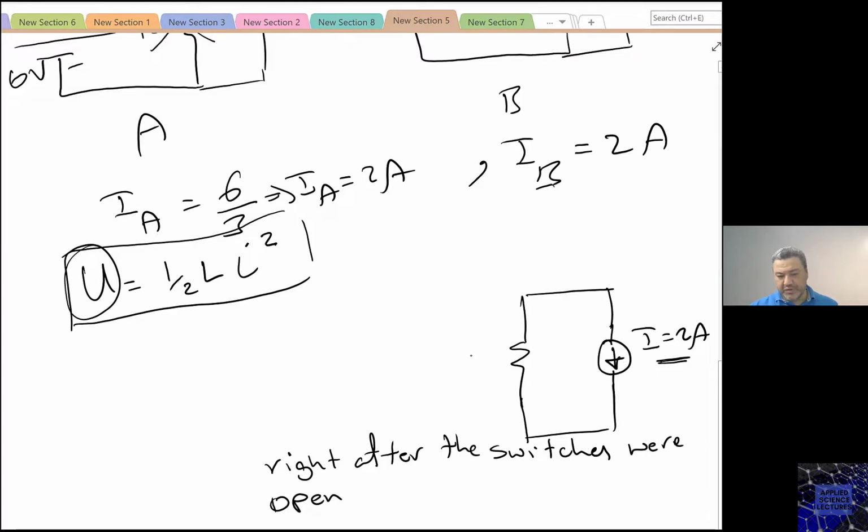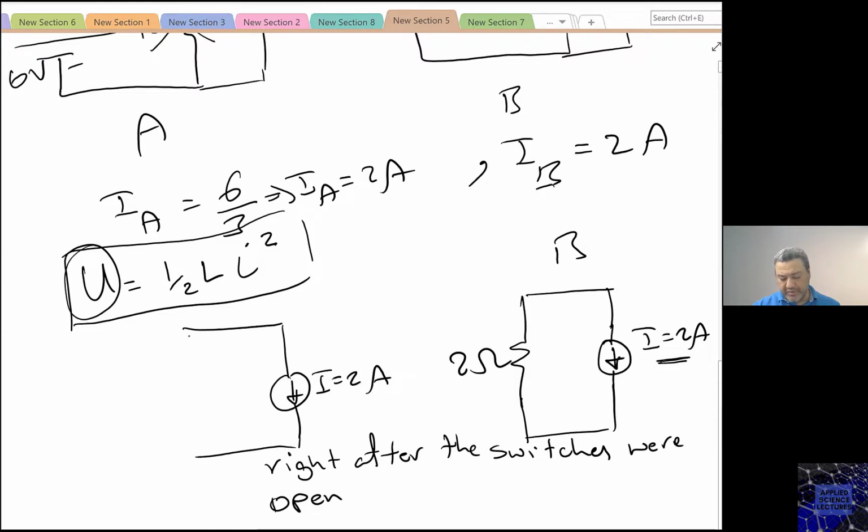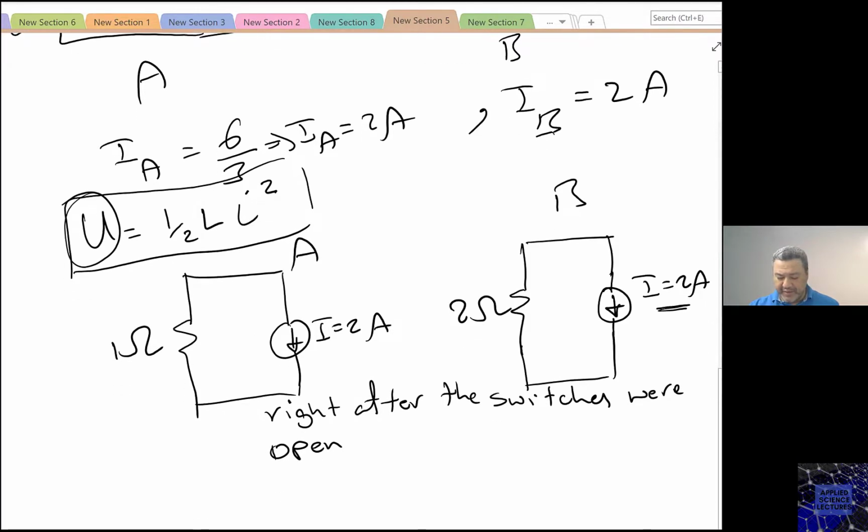The switches are open. So this one is 2 ohm for circuit B. For circuit A, the only difference is that this is also 2 ampere, and this is 1 ohm for circuit A. So the only difference now is the values of the resistors, and again, this is right after